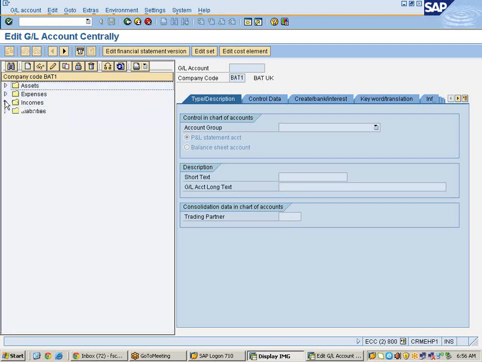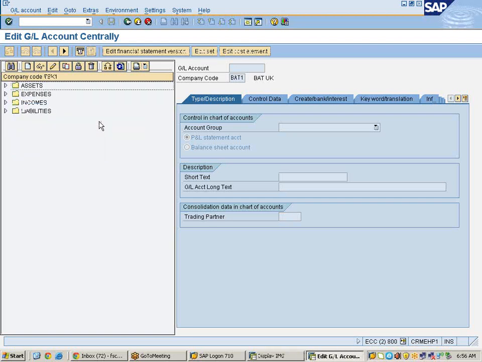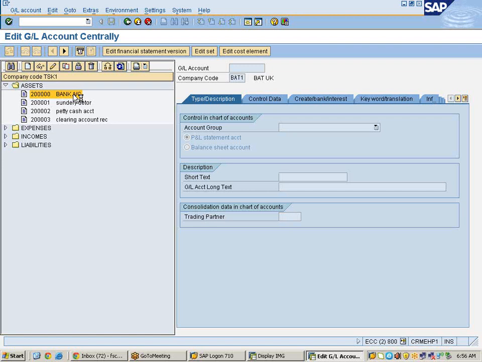Incomes, sales account is there. Assets, bank account is also not there. No, sorry, this is another company code. Under assets, I am taking bank account. Let us go to bank account first.